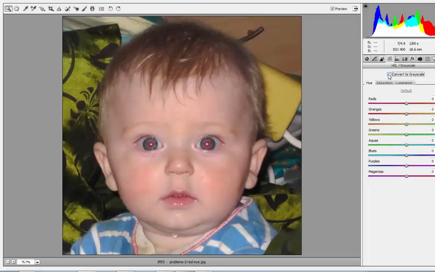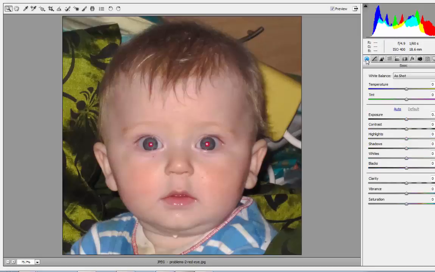Now Camera Raw is used a lot for color correction. Let's click on this basic and play with some sliders. I hope you are getting what all these sliders are doing. So go ahead friends and play with them to do a nice color correction to any image, to this one or any of your own images.